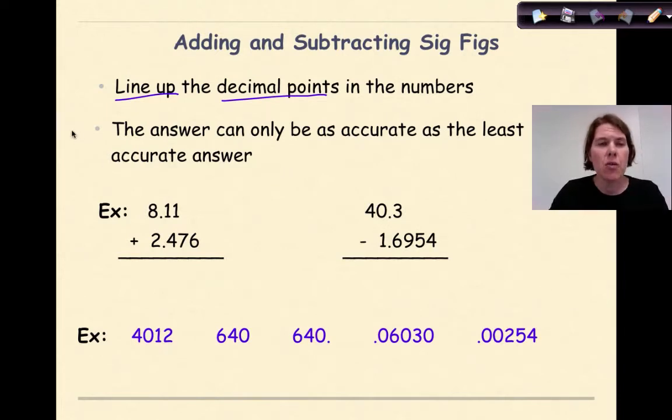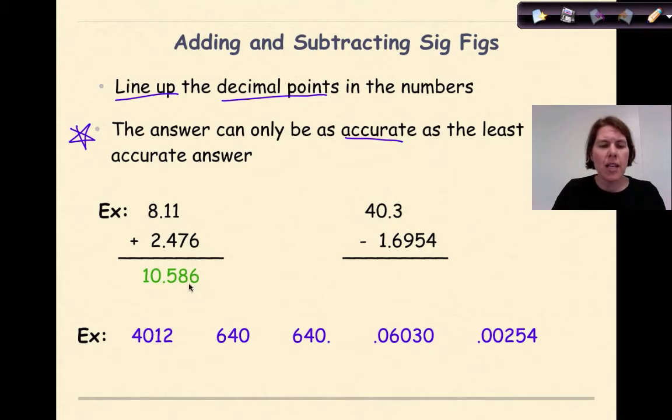Now, the key thing to remember with adding and subtracting significant figures is your answer can only be as accurate as the least accurate number. This is all about decimal point location and how many numbers you have following the decimal point. So let's look at the first example here. I have 8.11 plus 2.476. If I add these together on my calculator, I'm going to get